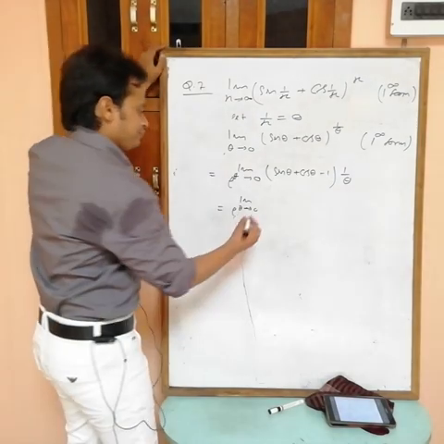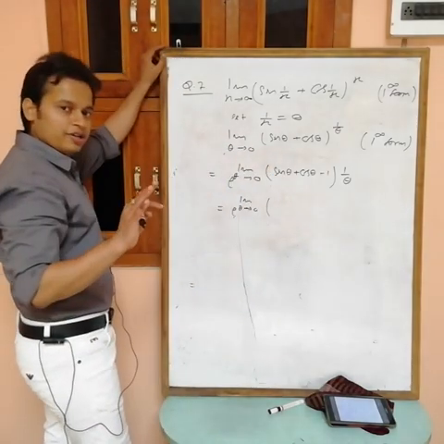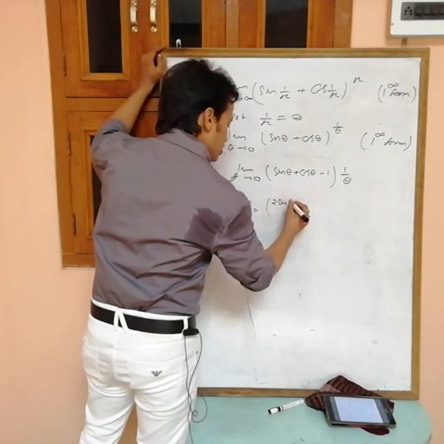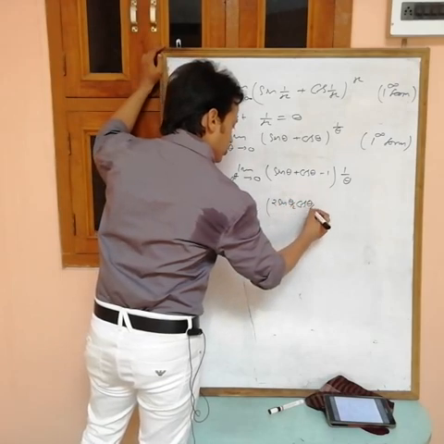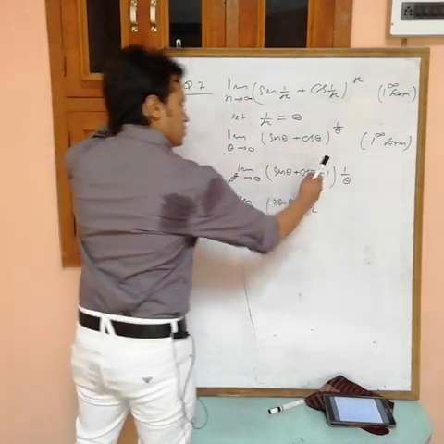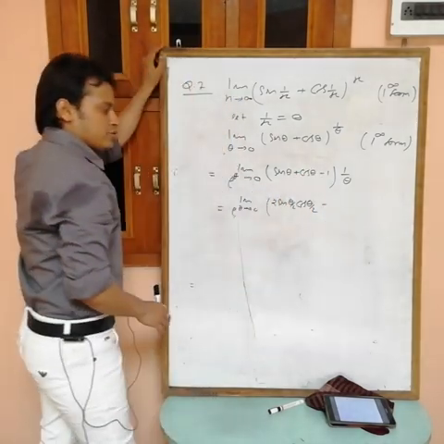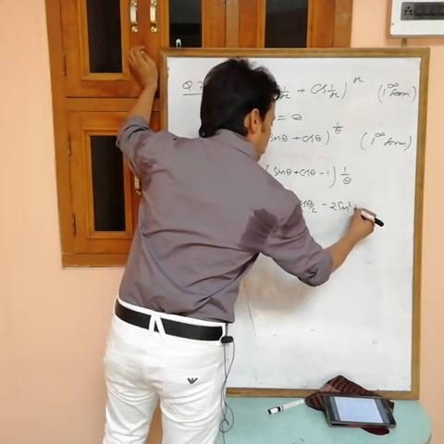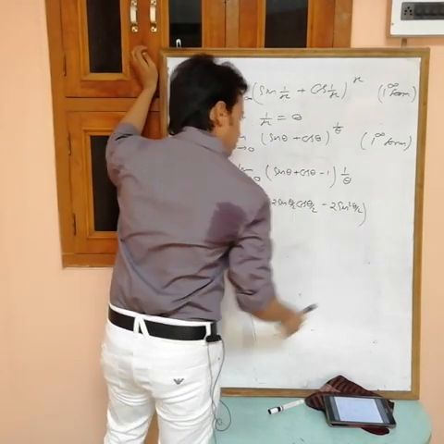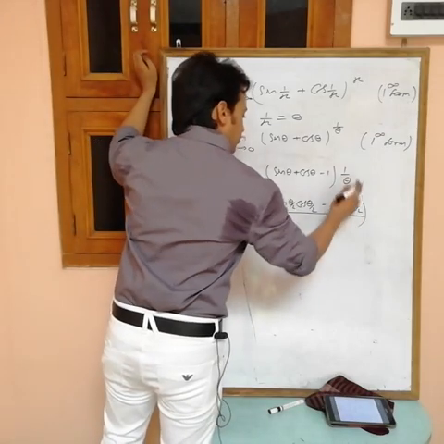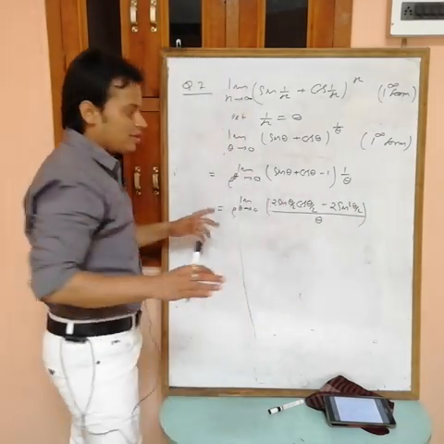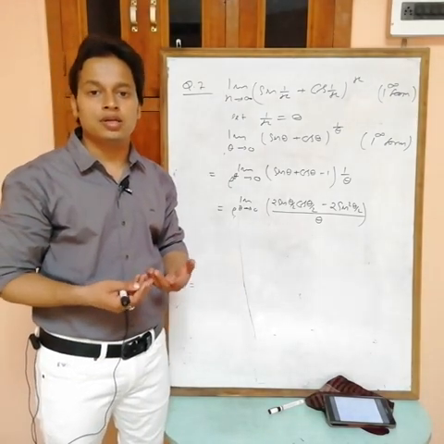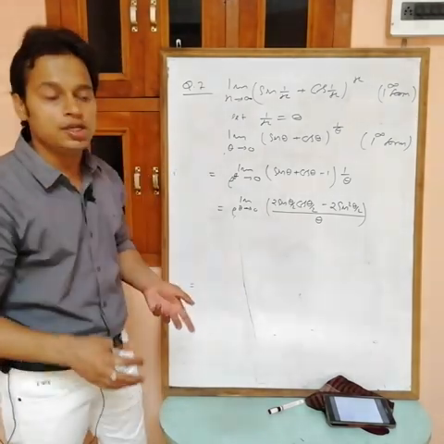One minute. You want only the sin theta by theta form, right? See, sin theta can be written as 2 sin theta by 2 cos theta by 2. And this one, take common minus, then 1 minus cos theta. 1 minus cos theta can be written as 2 sin square theta by 2. Okay, and in the denominator what we have? Theta. Now see, now I can take common 2 sin theta by 2, theta by 2 or sin theta by 2, same thing now. In both we have theta.